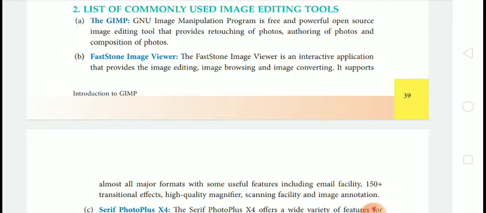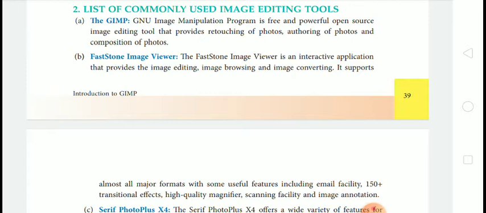Means GIMP stands for GNU Image Manipulation Program, and it is a free and powerful open source image editing tool which provides retouching, authoring, and composition of photos.